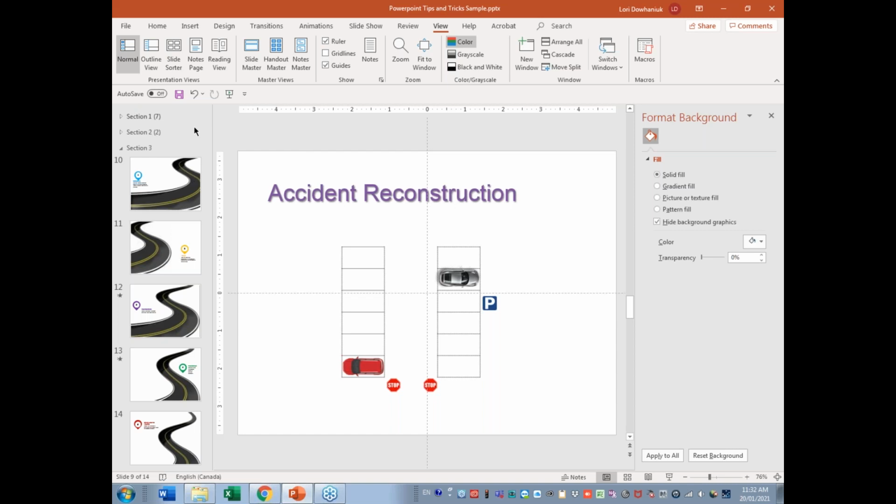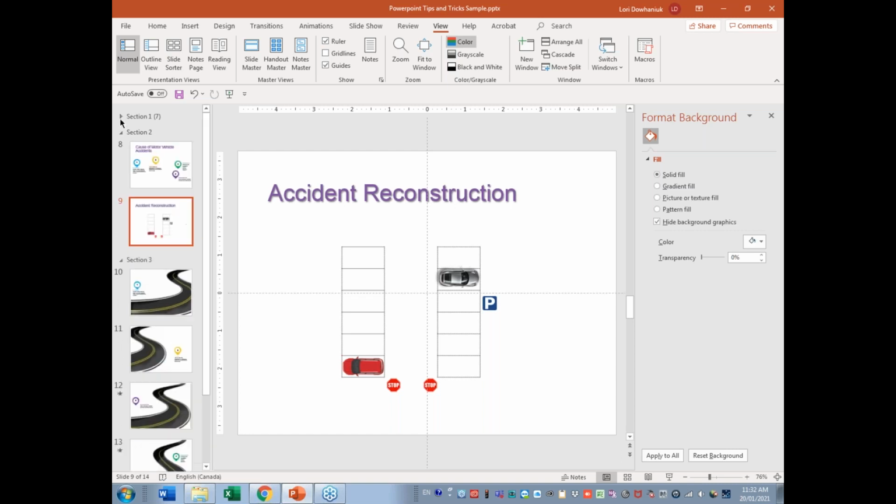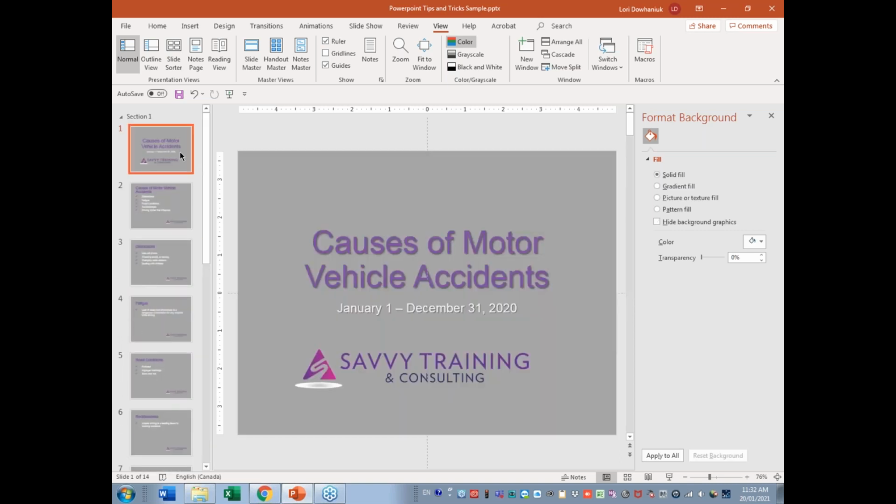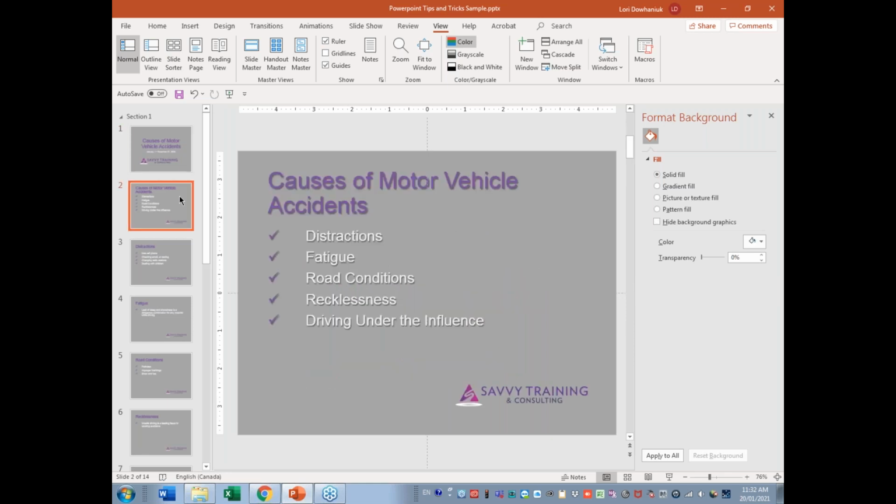Now, I'm going to move on now and looking at using drawing tools. And with the drawing tools, what you want to keep in mind is that sometimes if you draw something or if you use a graphic element, it will provide a better picture than just a bunch of text with bullet points. So what I want to just draw your attention to is in this first section. So this first section, we have our title slide, causes of motor vehicle accidents, and then we have our first slide, which lists 5 main